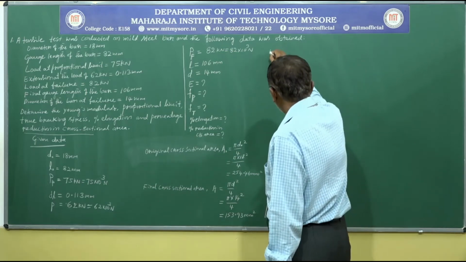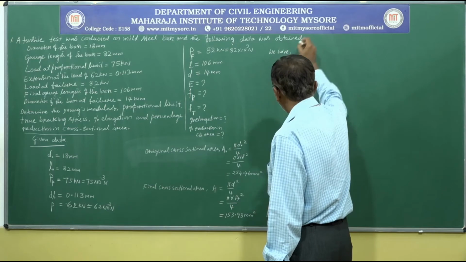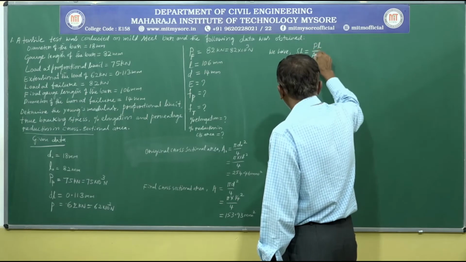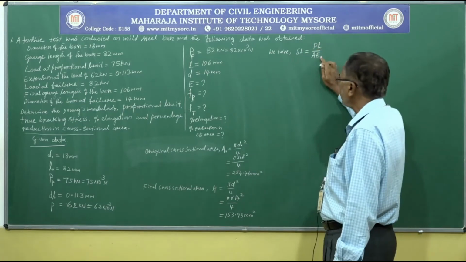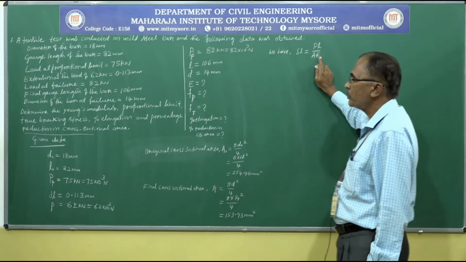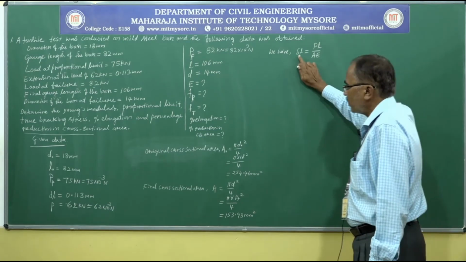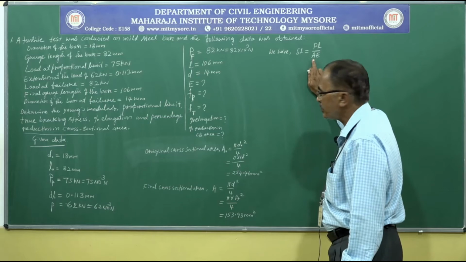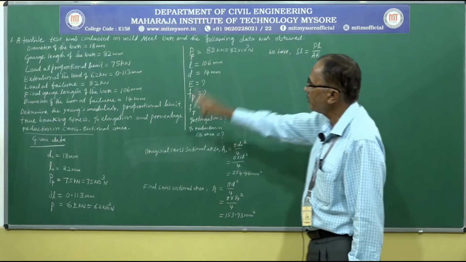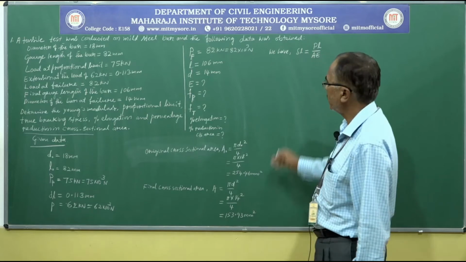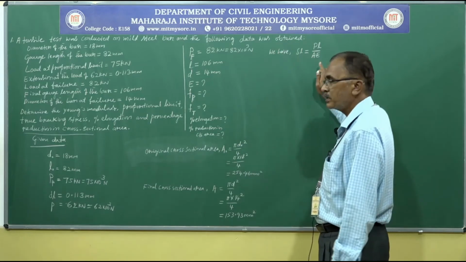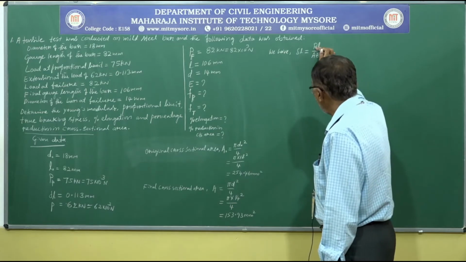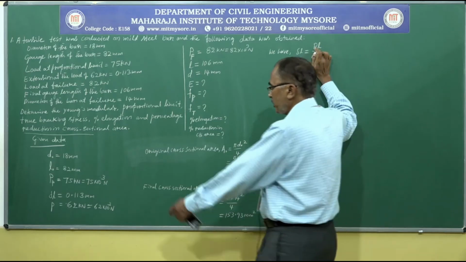We have delta L is equal to PL by AE. So we want Young's modulus. Here you have to use the values carefully. Change in length we know, area we know. This area should be the original cross sectional area. Only at the breaking point we use the final cross sectional area; at all other places we use the original cross sectional area only. So this A becomes A0, and P is nothing but P only.